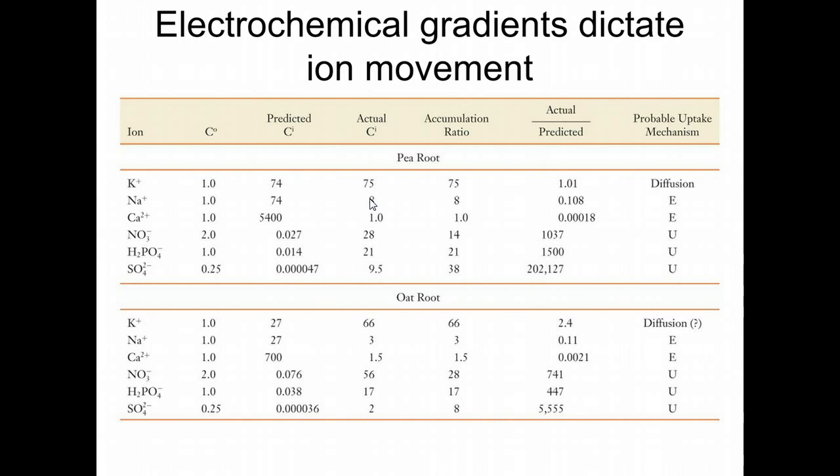So we have a pea root that has a different mechanism than an oat root. Overall, they're generally the same, for nitrogen, things like that. And then E means exclusion and U means uptake. So for most of the things, and this is the take-home message that I've told you back from probably day one, most minerals follow that Michaelis-Menten curve, the V versus S curve,